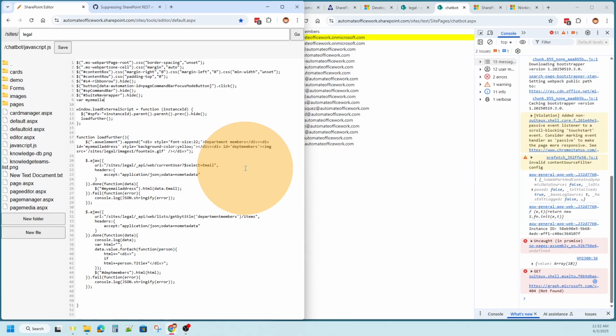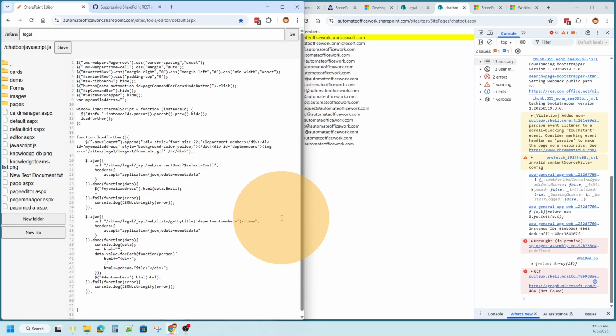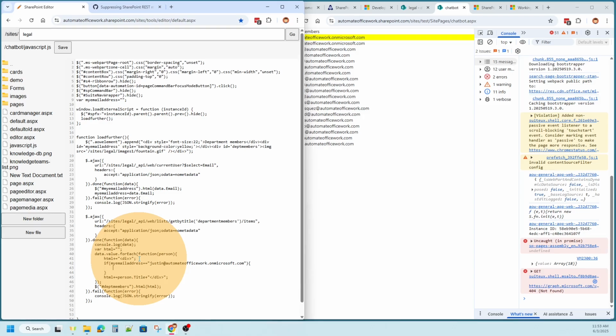Var myEmailAddress equals blank, and then I can set this variable with this email address. myEmailAddress equals data.email. And now I can say if myEmailAddress is equal to Justin at automateofficework.onmicrosoft.com,